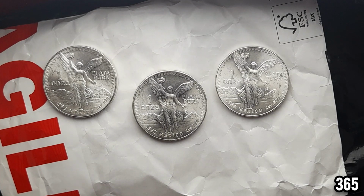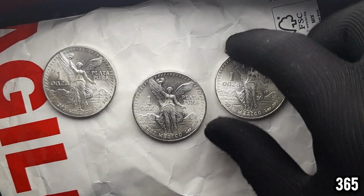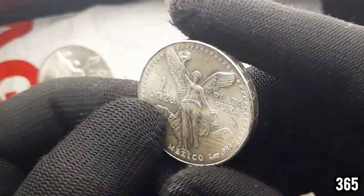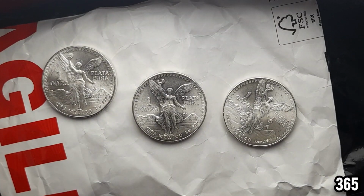So today's video is a bit of a different one for you. I'm going to tell you how much I spent on these coins. The coins I'm talking about are in this jiffy bag below. These are just here to explain how I came into contact with the coins in the jiffy bag below it. There's a guy that I bought a few items from in the past on the